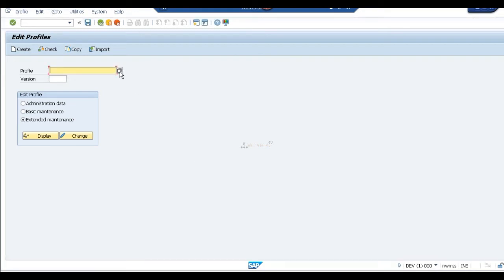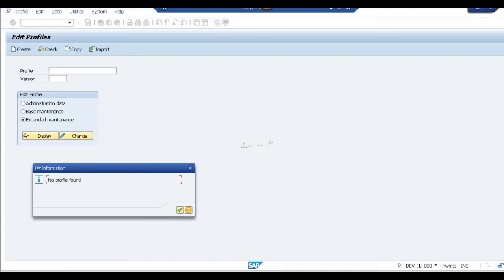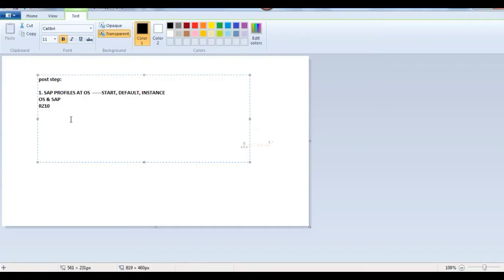Then what will happen? What are the options available in this profile tab? Those options you can see. Now what is it saying? No profiles found,